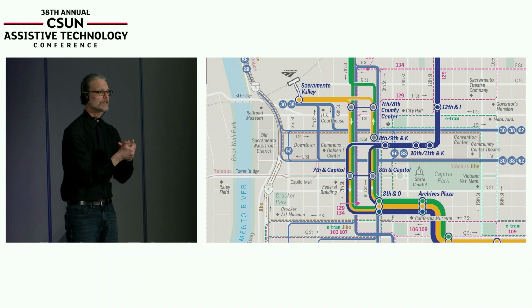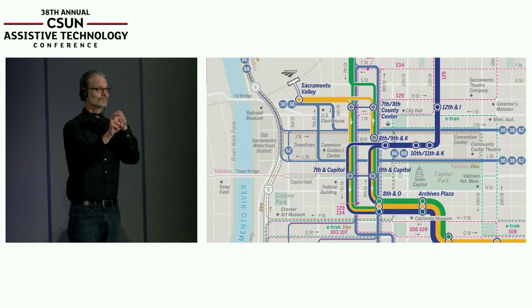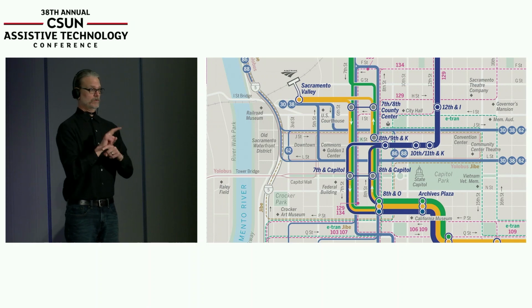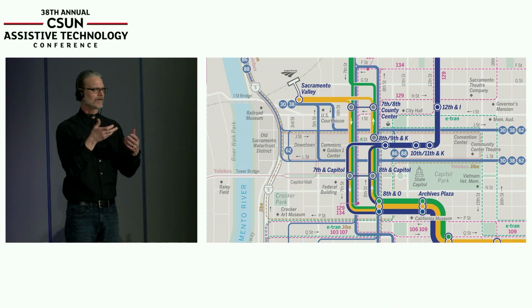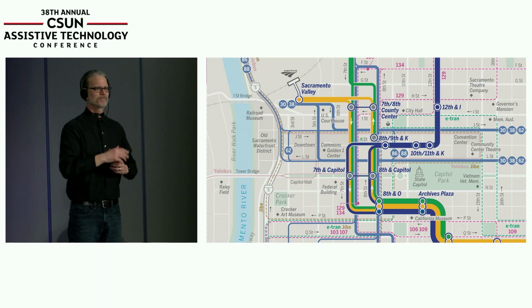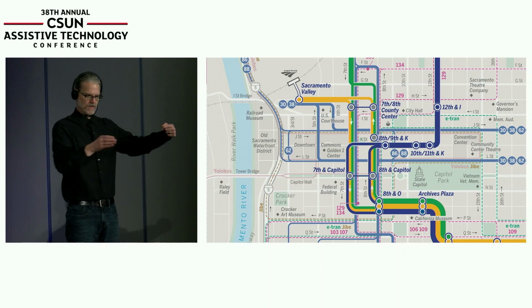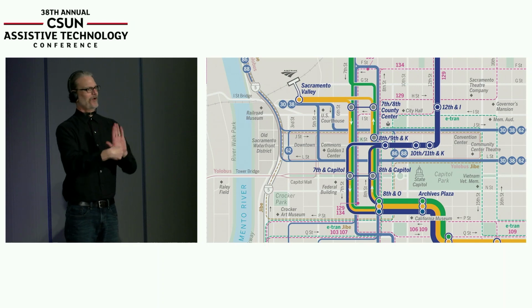What do we want the user experience to be here? This is a map of the downtown Sacramento where I live with the light rail routes on it. And it's got color-coded yellow, green, and blue lines. But if I'm a person using assistive technology, what information am I supposed to get from this? What's the important part? There's a ton of different ways you can attack this map. If I want to know where all the stops are on a specific line, I could go through each one of these circles and add alt text to each one of them, telling them what line it's on and what color it is.